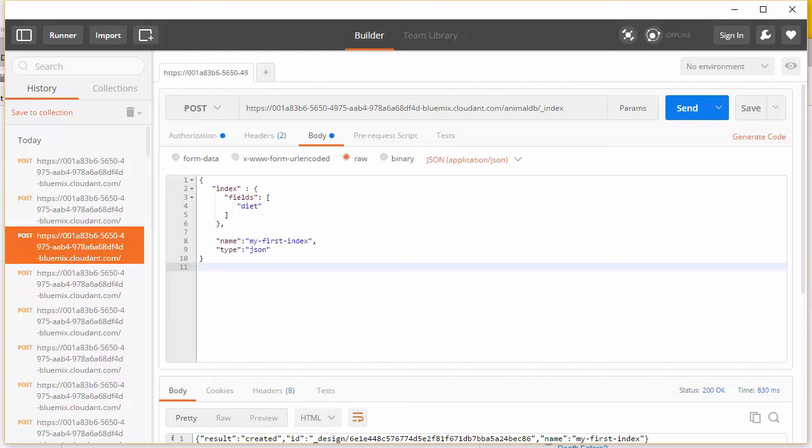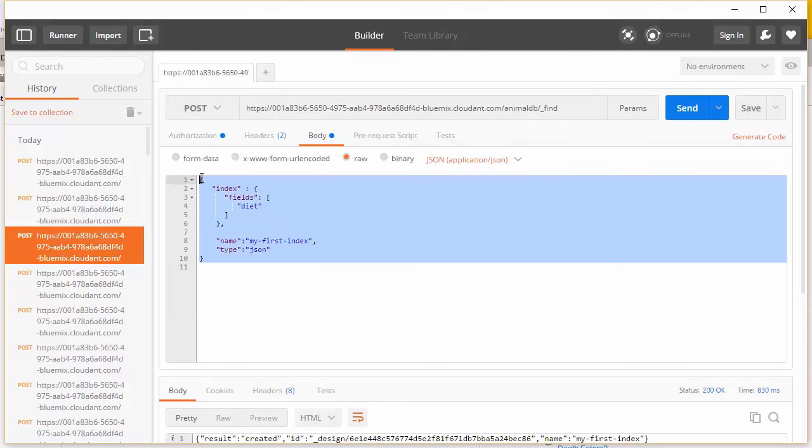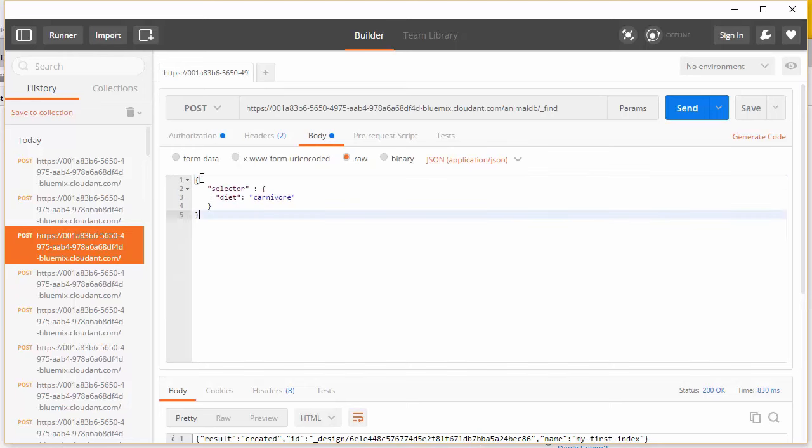So now let's issue a query against the index. The API endpoint for issuing queries is _find. And like creating an index, this is a post operation. And in the body of the post, we actually need a selector. So in this case, we're using a selector that sets diet to carnivore. So this should return all the documents in the animal database that have this field set to carnivore. So let's go ahead and